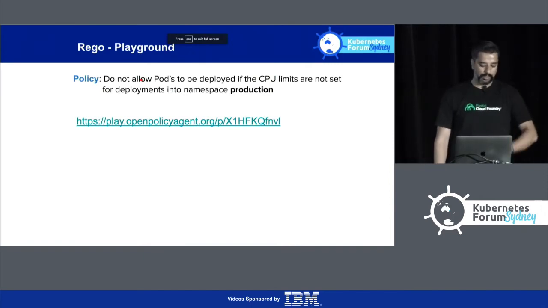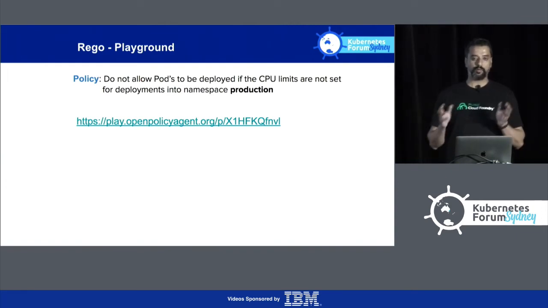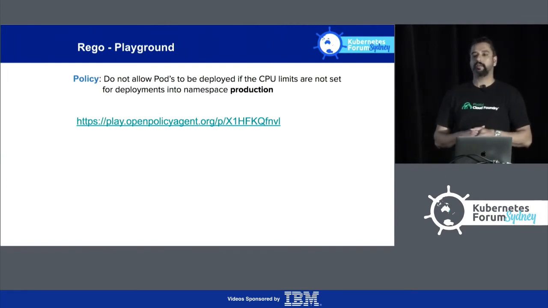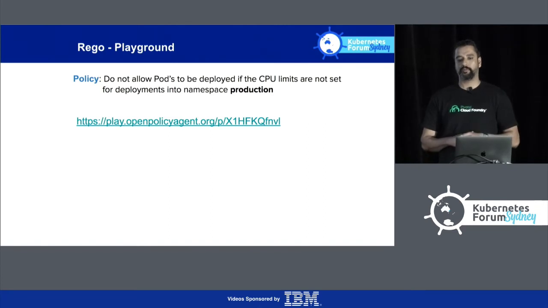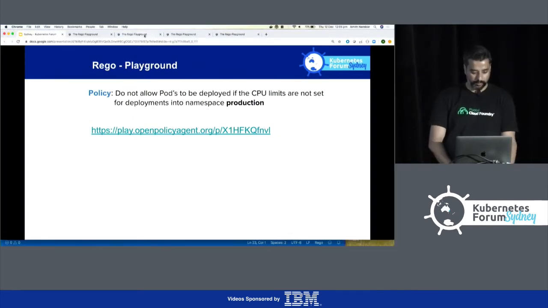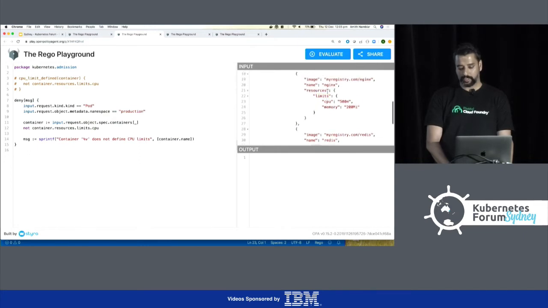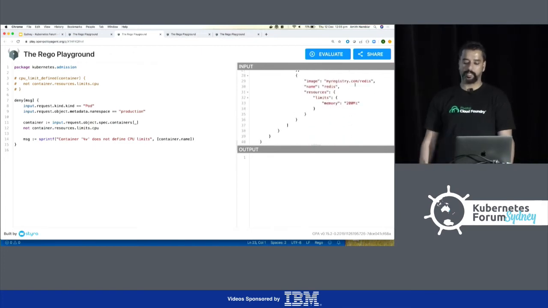Okay, I thought I'll show you another policy. This policy is not going to allow any containers which do not have the CPU limits defined to be deployed into a production namespace. Right, let's have a look at how this policy would look in Rego. Right. So this is the policy, and this is the resource limits. The first container, the Nginx container, has a CPU limit, and the second one, the Redis container, doesn't have a